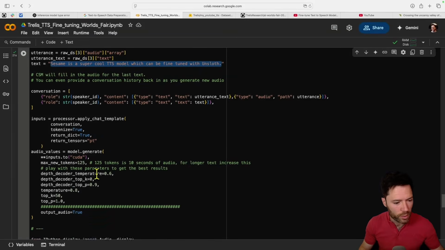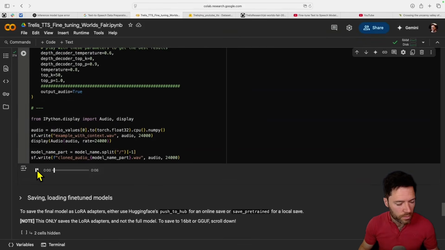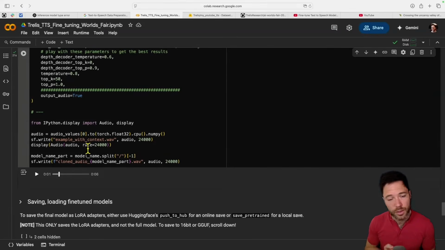So it's not too bad. My voice has quite a bit of drag on it. So it's definitely closer to my voice, but not as good as we can get with fine tuning. So what we're going to do now is go back up to the start and we'll continue on